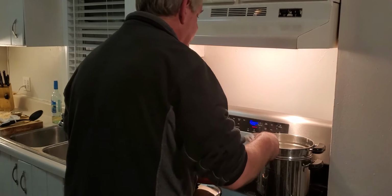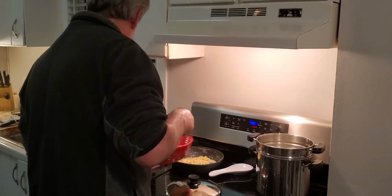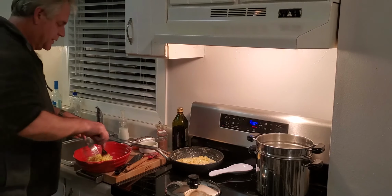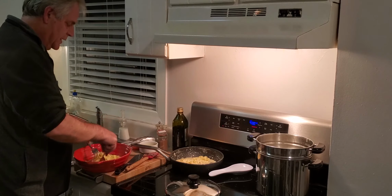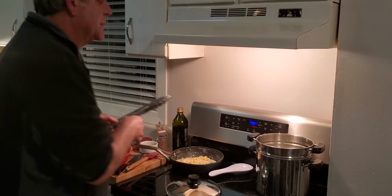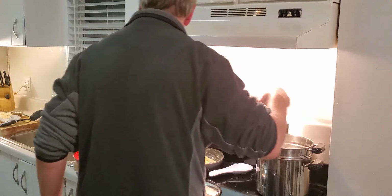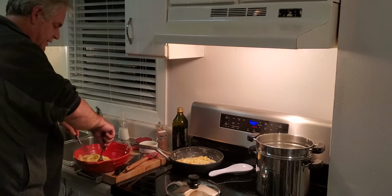Okay, so we've got the pasta. I probably could have put more in here, but I didn't. Okay, so what we're gonna do with this is we got 2 forks. We're gonna toss it. I know there's butter there, but we're gonna toss it. There's probably still some more pasta in there. There's a little bit more. Not much, but there's a little bit more. Okay, so we're gonna toss it,